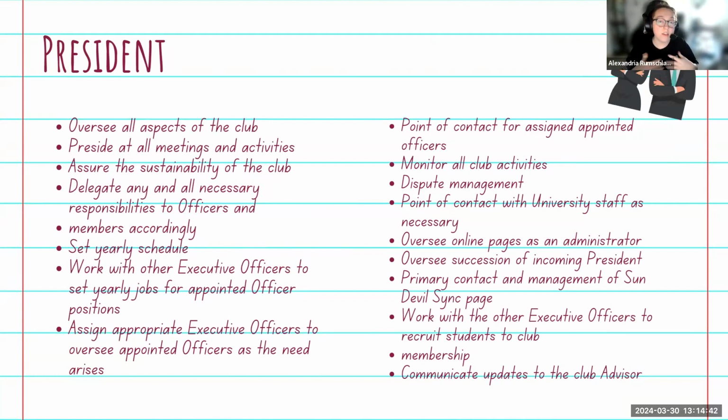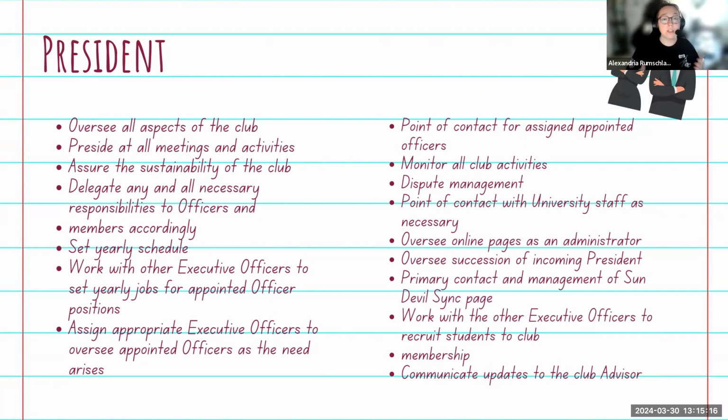So essentially, as a summary of what I do as president, I help set the yearly schedule. I sit down with the other execs and we lay out how we want things to happen, what events we are aiming for, what big events we want to see. For example, the STEM fair and our summer events, that is an exec thing that we sit down and organize. The president also presides over all meetings and activities. So for the most part, you have to go to everything. You have to oversee things. You also are delegating any necessary responsibilities.